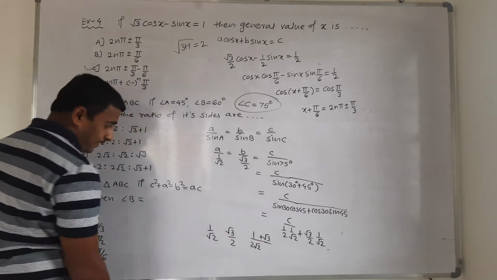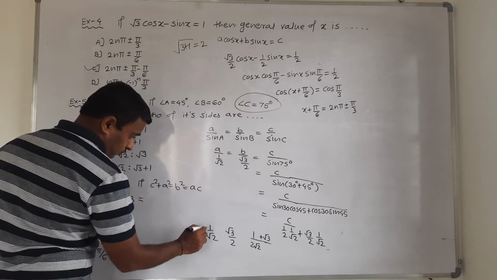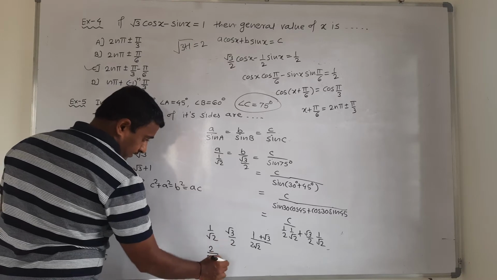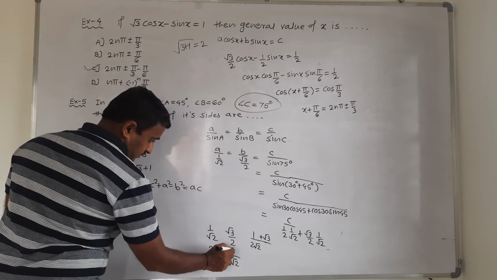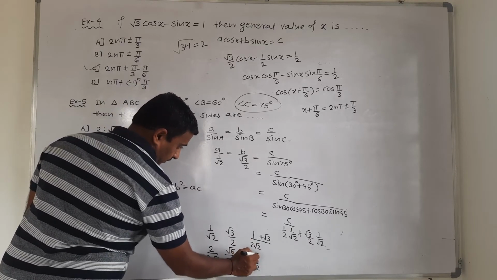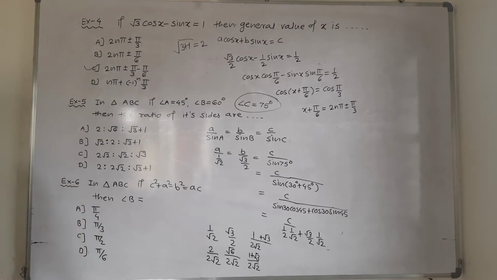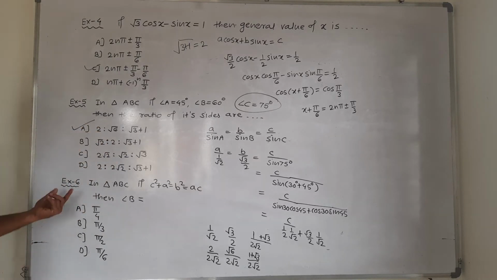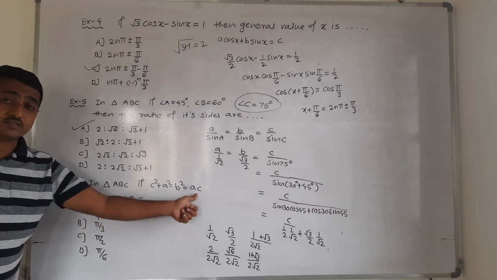Now I make common denominator, here multiplier 2, here root 2. Here 2, therefore numerator 2. Therefore 2 upon 2 root 2. Here root 2 already there. Therefore root 2 numerator. Root 3 into root 2, root 6. And the last one as it is 2 root 2. 1 plus root 3 or root 3 plus 1. Therefore, ratios are 2 root 6 and 1 plus root 3. A option. Next example. In triangle ABC, if c square plus a square minus b square is equal to ac,